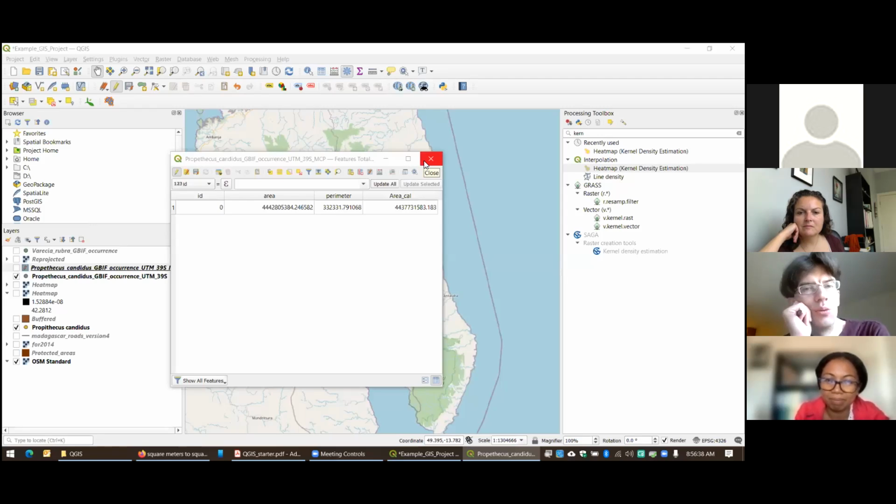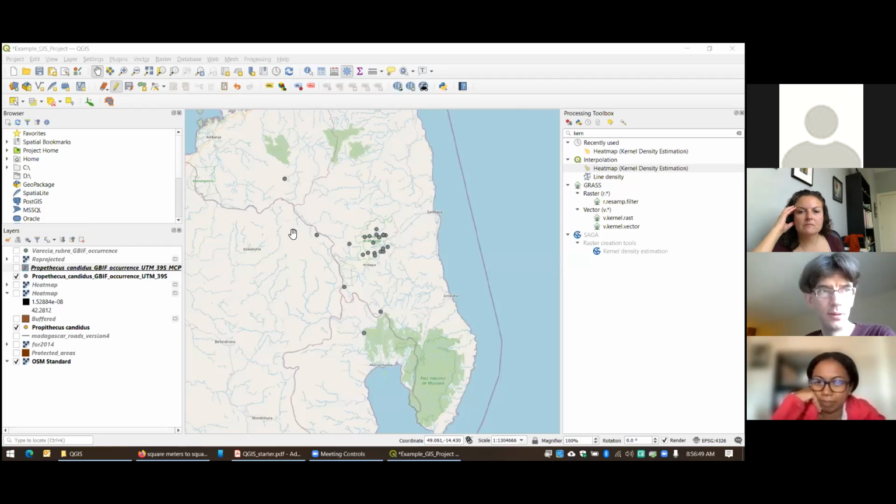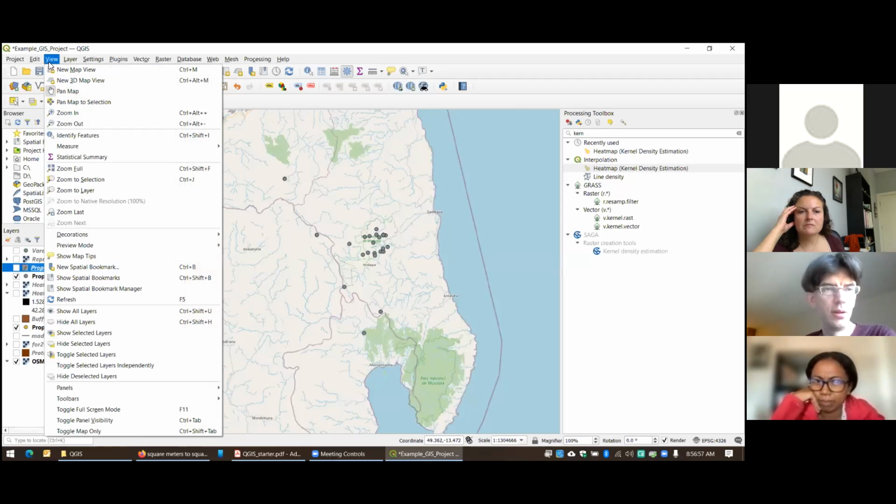So is there a plugin to install or not? No. So did you successfully install QGIS and were you able to start it up like this? Yeah. But you don't have a processing tool? Nothing in the layer. So do I have to put all the map and points and then activate the processing tools? No, you don't have to.